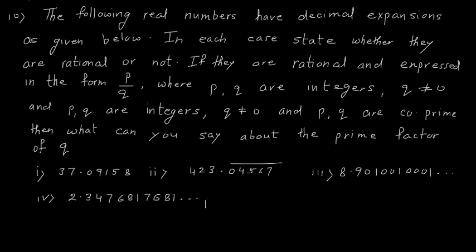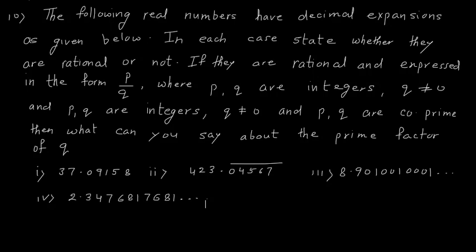Now the next question is, the following real numbers have decimal expansion as given below. In each case, state whether they are rational or not. If they are rational and expressed in the form of p upon q, where p, q are integers, q not equal to 0 and p, q are co-prime, then what can you say about the prime factors of q? Okay, prime factors of q we have to judge. Now here first problem